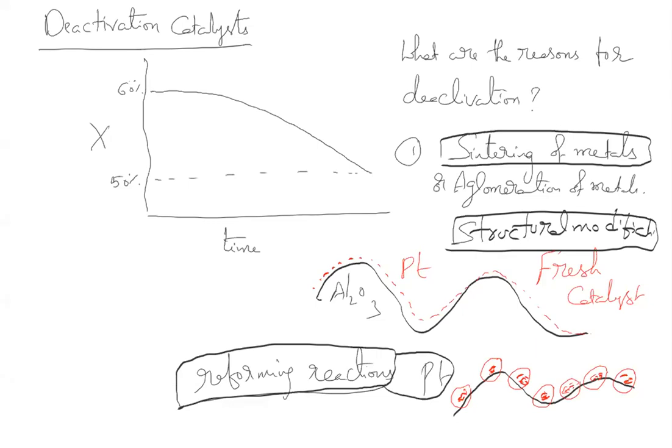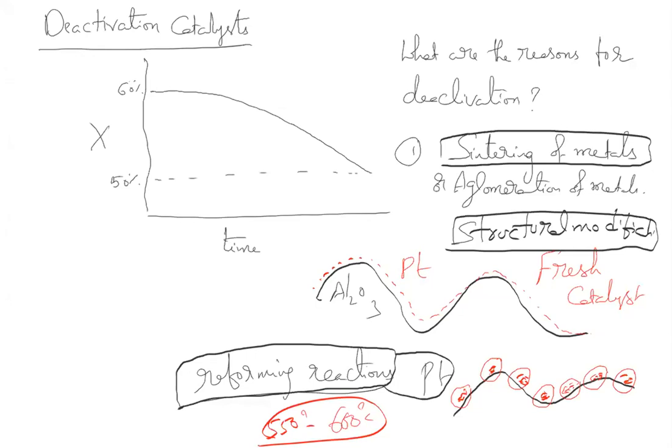Because at high temperatures, metals have a tendency to agglomerate and form clusters. These reactions happen at, let's say, 600 degrees or 550 degrees. So at high temperatures, metals have a tendency to form clusters, and that is where the deactivation comes from. Now how do you reactivate the catalyst? By redispersing this platinum. That is why if you go to any reformer, you will have a regenerator sitting side by side.